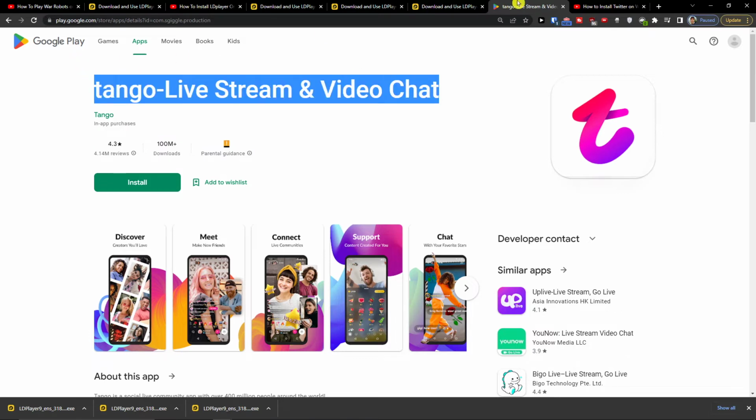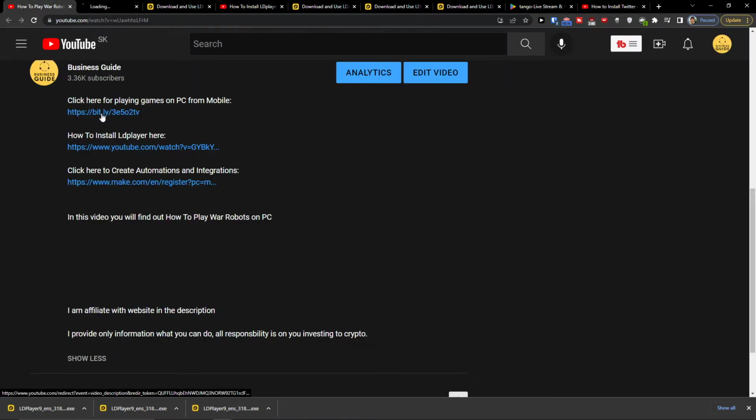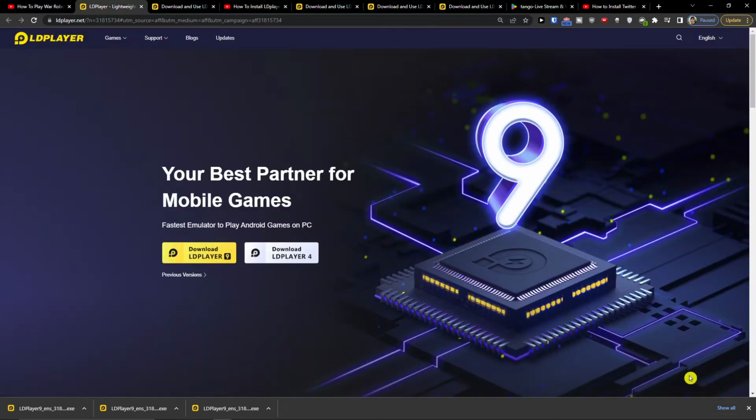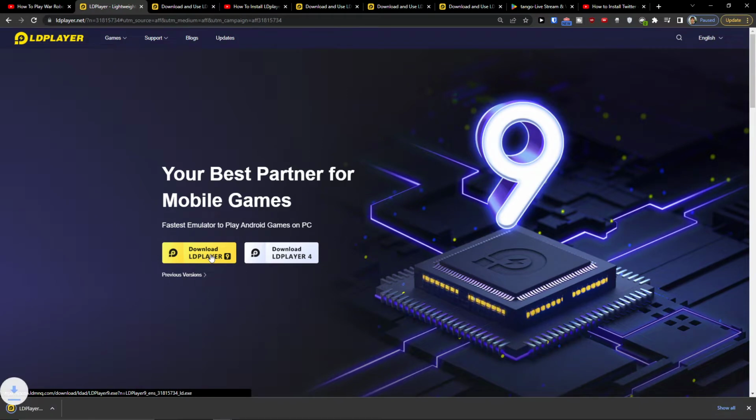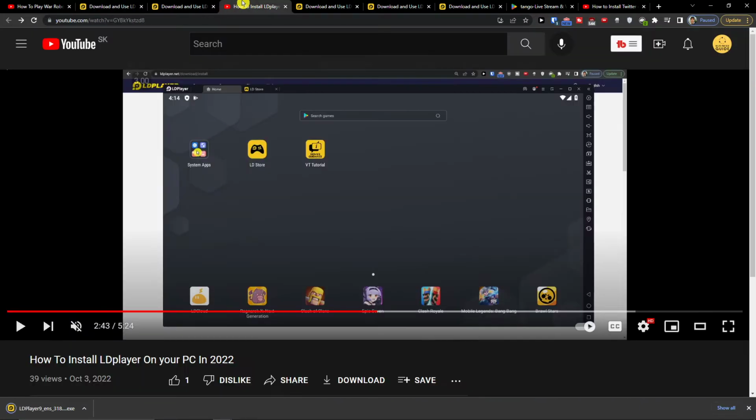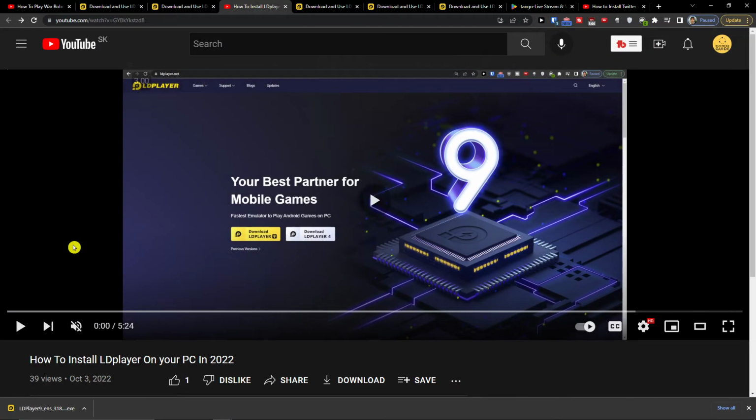So what you want to do first is click on the link down below in the description, and when you do it, you will get right here to LDPlayer. To actually download LDPlayer, you have to click here, Download LDPlayer, and I created a tutorial on how you can actually install it. So you're gonna choose Download LDPlayer,